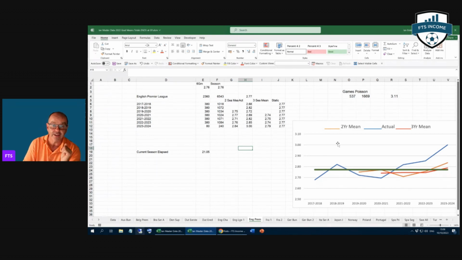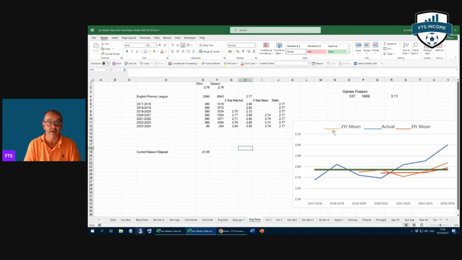So I fully expect that this blue trend line here will start to dive back down again at some stage. The 2-season mean is the orange line, the 3-season mean is the red line. The orange and blue will meet at some stage. So they'll either meet where, over time, this performance keeps up, so the mean will go higher and get up to the blue, or more likely the goal numbers will start to fall slightly and